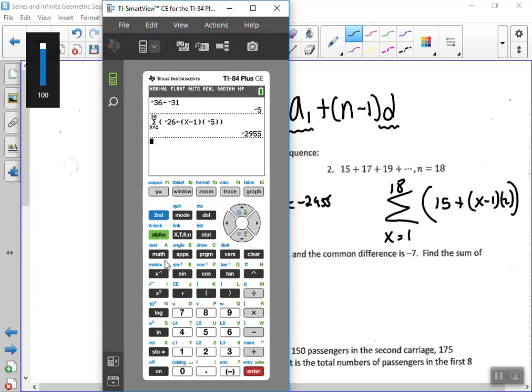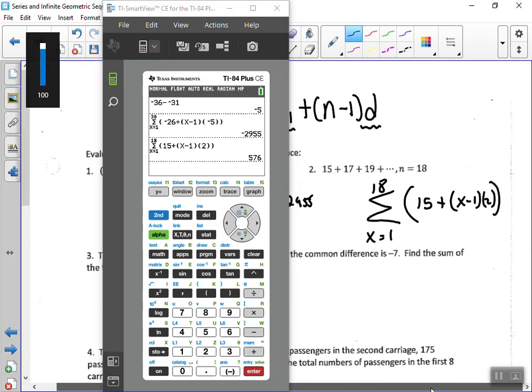So we just do math 0 to get the summation. Just going to put x, start at 1, stop at 15. It's 576. Let's see, I got 846. Let's see which one it is. 846. It's 576. Good job. So the answer is